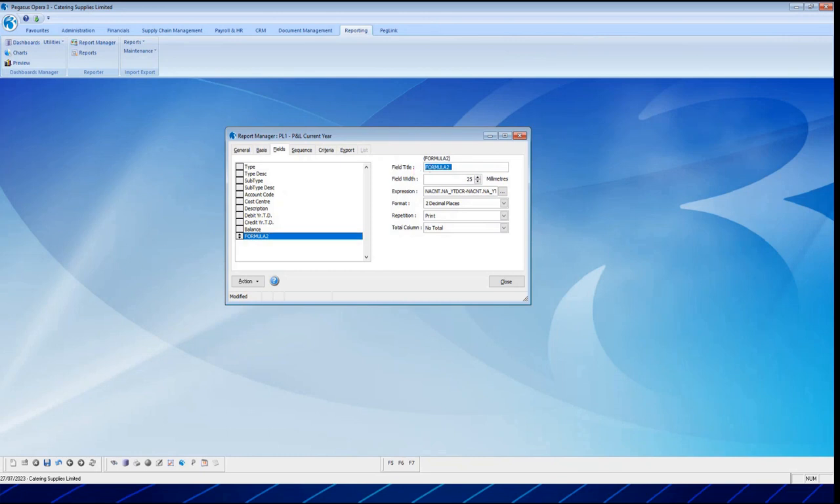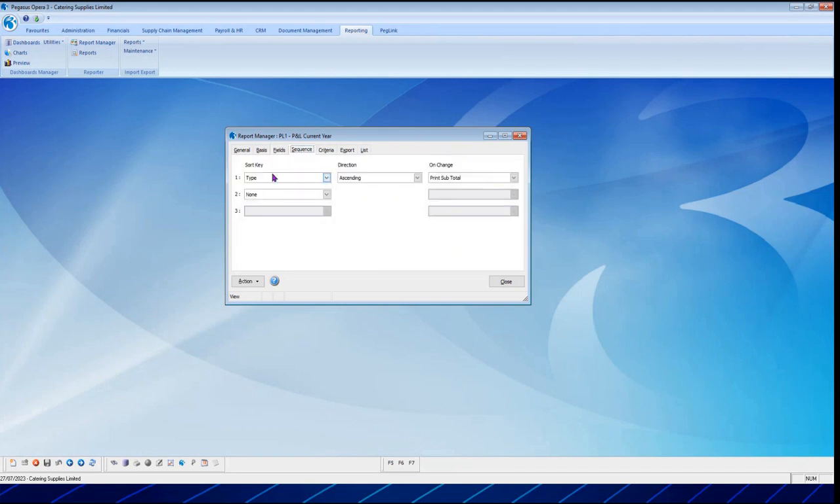I'm going to call this balance 2. And the total column, yeah, let's sum this together too. I'm going to save that. In my sequence, I've put it as type because I want to see the type as my sequence that I want to see this in. When the type changes, I want to print a subtotal. So every time the type changes from sales to cost of sales, for example, I want to see a subtotal